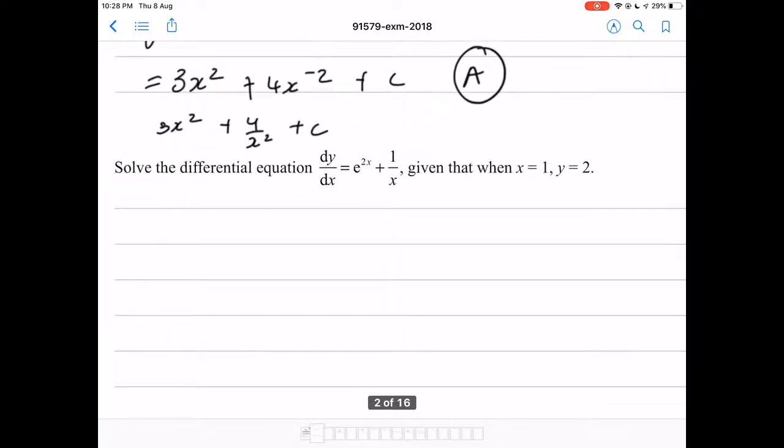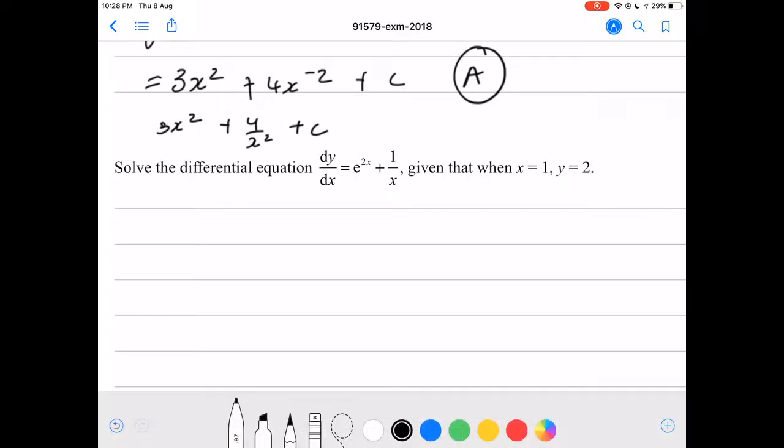Solve the differential equation dy over dx equals e to the power of 2x plus 1 over x, given that when x equals 1, y equals 2. So once again, we're going to integrate. So we're going to say y equals